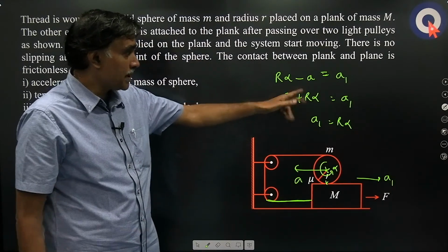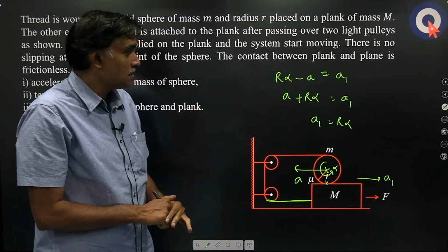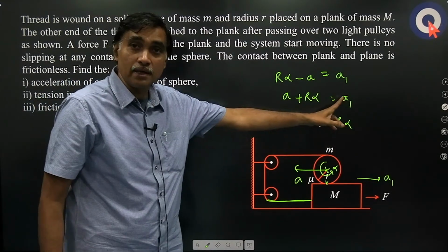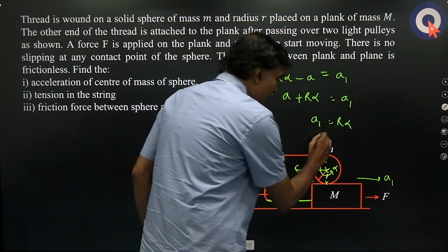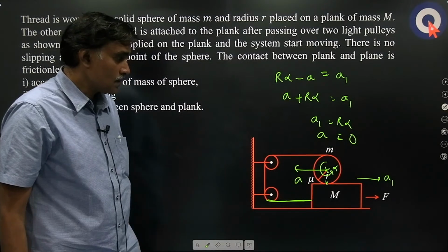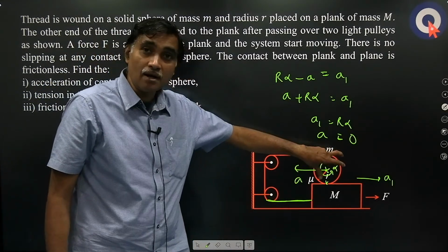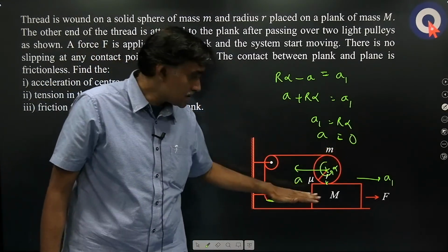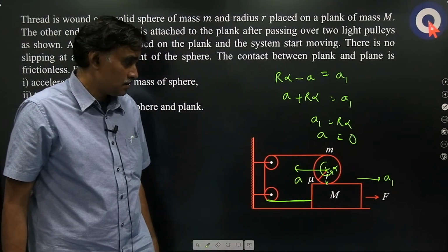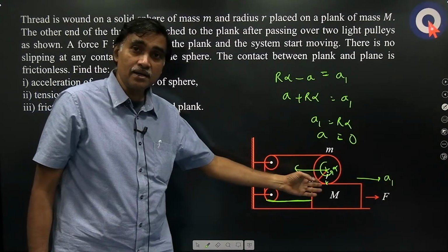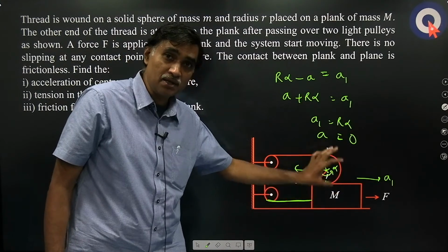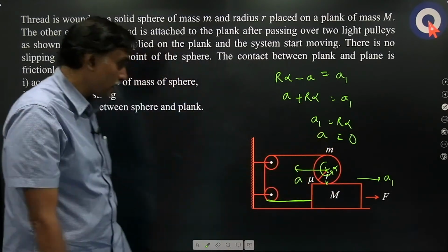Add these two, a cancels, you'll get 2r alpha equal to 2a1. So a1 equal to r alpha. If I put a1 equal to r alpha here, a is 0. So it is only rotating, not translating. But this is translating. And what type of friction is acting here? Static friction. Now if I write force equations and torque equation on this,